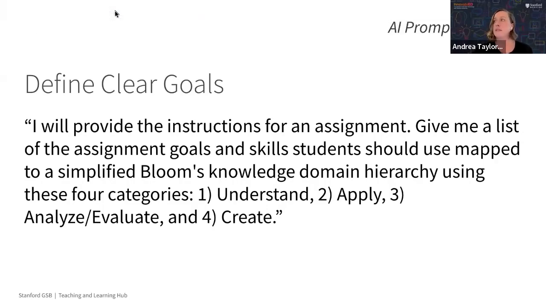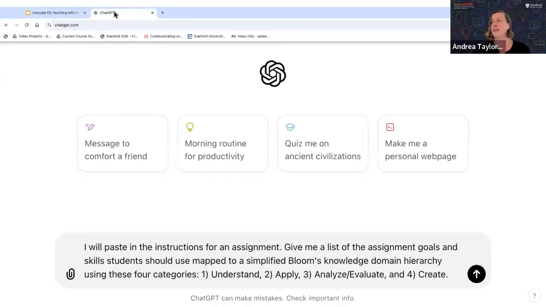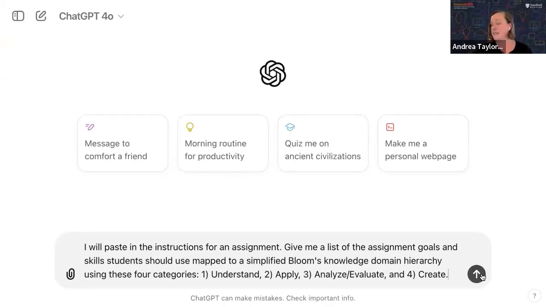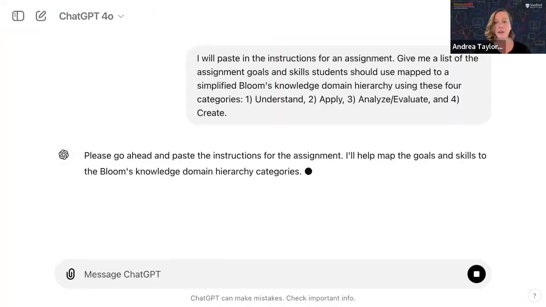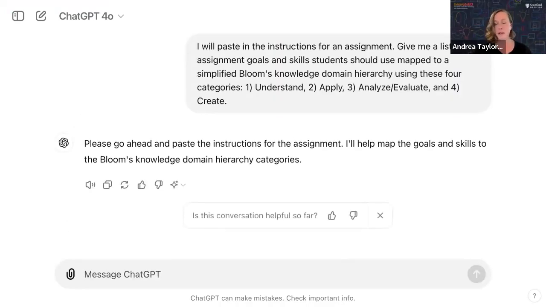Yeah, we can do this. We really can. There we go. Okay, so I've already pasted this in. I haven't sent it into the GPT yet, but let's take a look what it tells us to do after. And then I'm going to paste in a mock assignment. Take a look there. All right, so it's telling me it's ready.